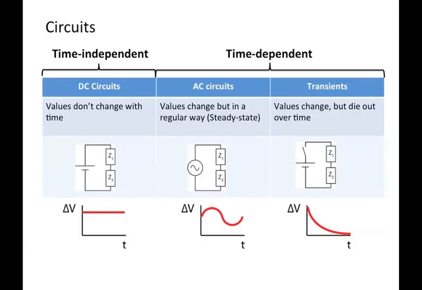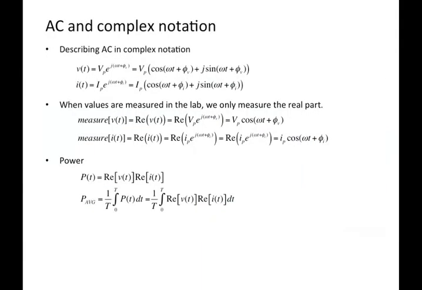The solution is the same, but the voltage changes as a function of time. And so what we learned last time talking about complex numbers is that we could describe oscillating functions, and typically we use the sine function or the cosine function, some kind of sinusoidal wave. We can use complex notation to describe that. So I can represent the voltage as a function of time as some magnitude, the peak voltage, times something that oscillates. And that oscillating part, you can see over here, e to the j (omega t plus phi), is